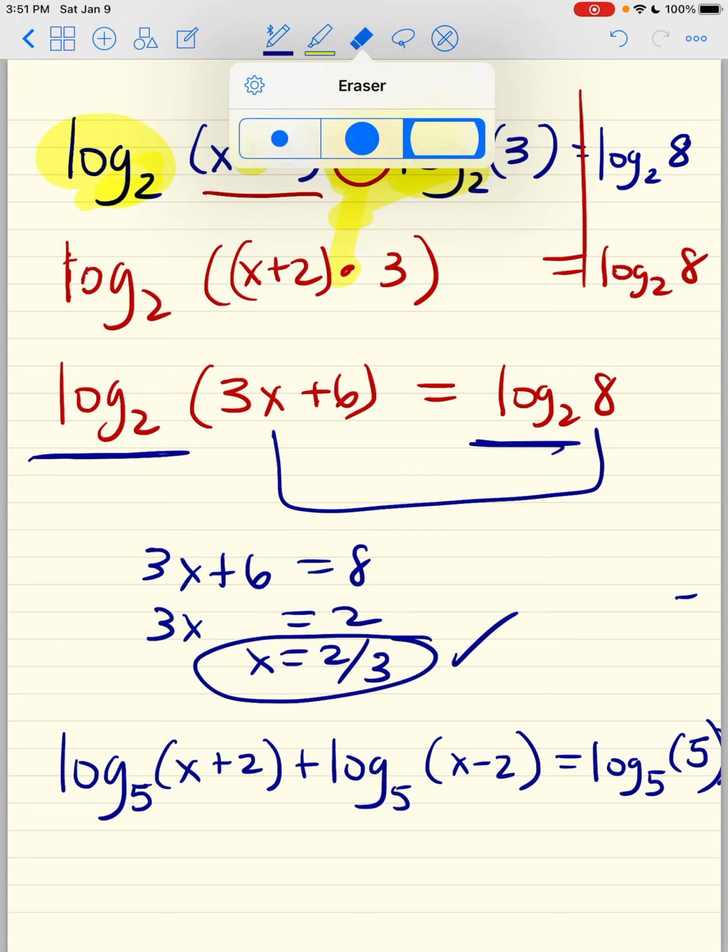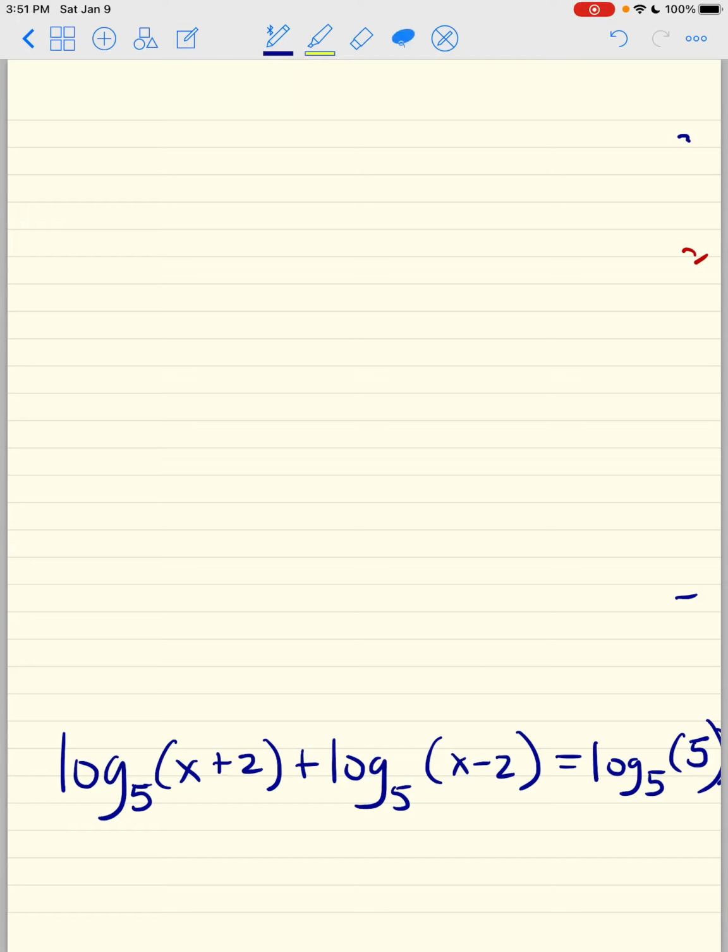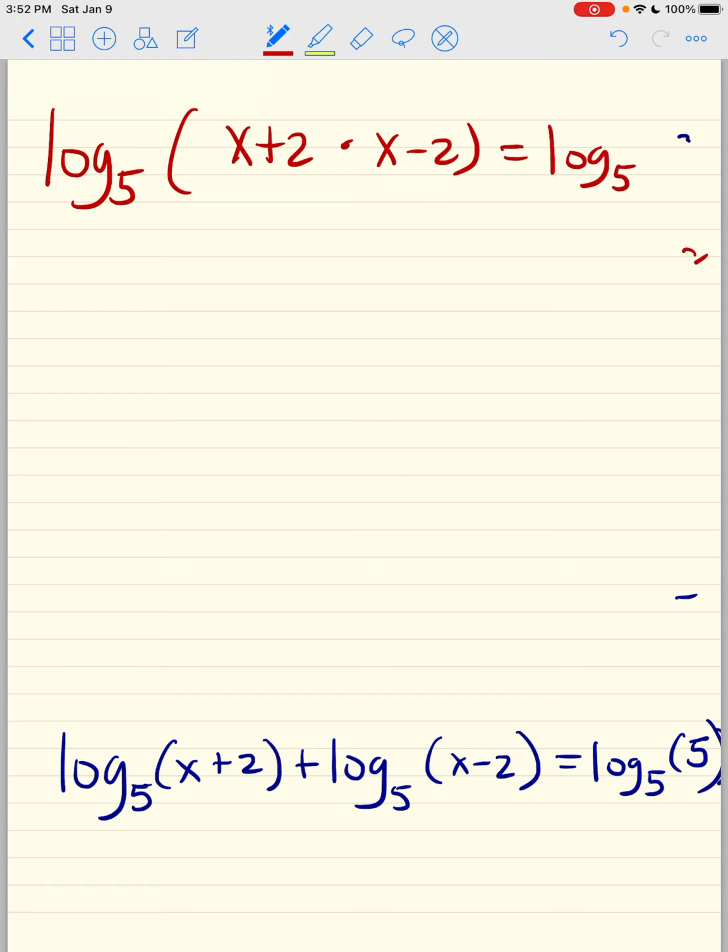Okay, so what do I do with this here? Once again, I can't solve this because there's more than one log. So I'm just going to write up here. I'm going to factor out that log base 5. I'm going to have log base 5 of x plus 2 times x minus 2 is equal to log